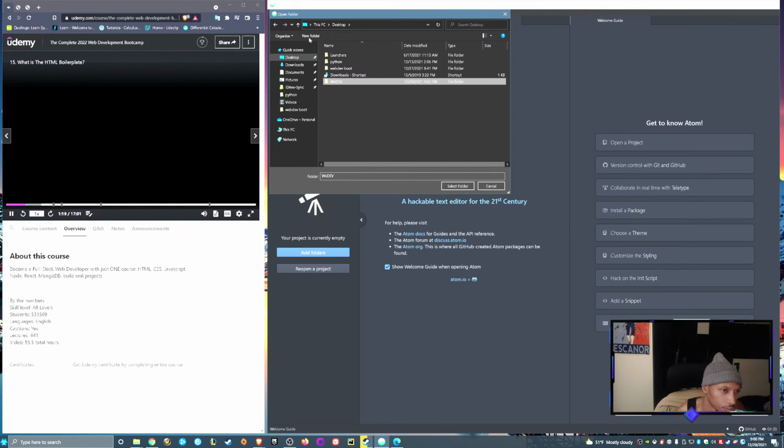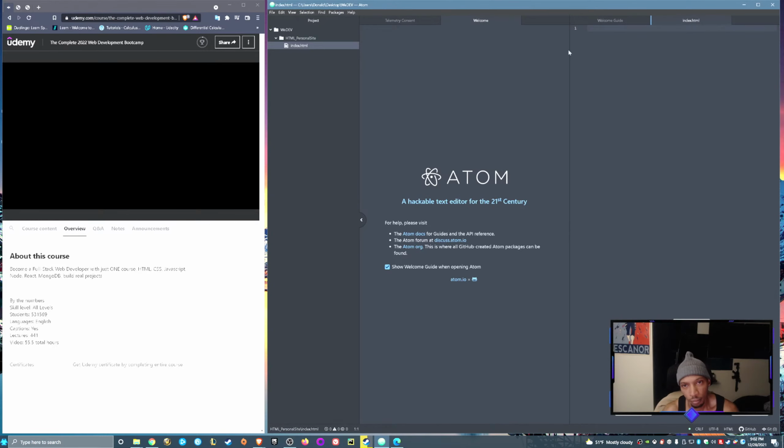And you can see the way that the files are structured is that we're creating it inside this folder called HTML personal site. And inside that folder is where our web page is going to be located. Let's go ahead and create this home page, and by convention we're going to name it index.html, and that is usually the name that developers will give their home page. So go ahead and hit enter in order to create that file, and if you open up this folder you can see that's exactly where it's located, and it should open up on the right hand or the main pane